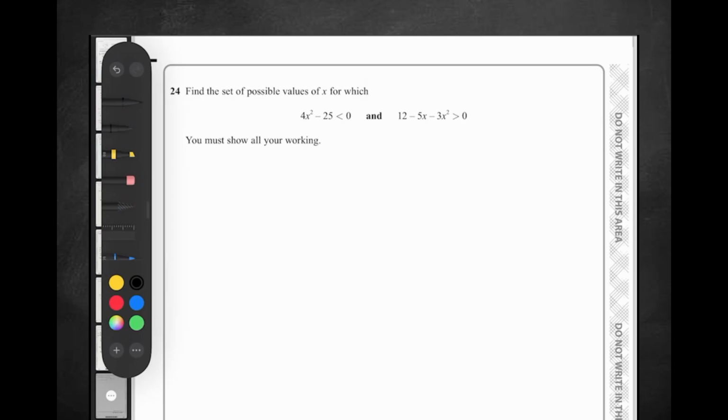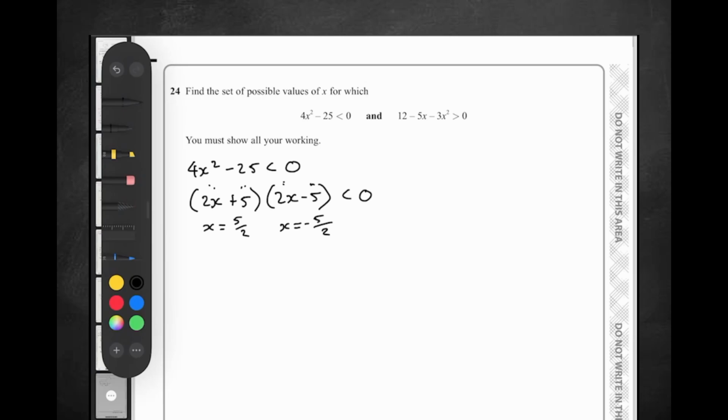So what we're going to do here is draw some graphs. If we focus on the one on the left first, 4x squared minus 25 is less than 0. We can factorize this into 2x plus 5 and 2x minus 5 is less than 0. And if you multiply this out, you can check. So that would be 4x squared multiplying those two, then we have a plus 10x minus 10x minus 25. So the two roots of this equation would be x equals 5 over 2 and x equals minus 5 over